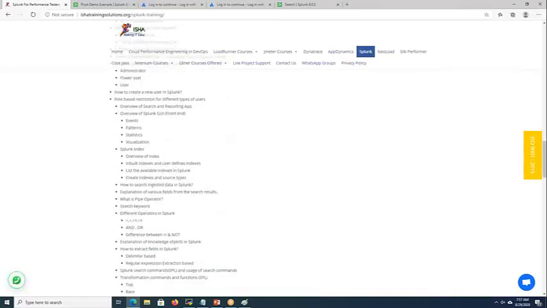I'm mainly looking for the technical part: how Splunk collects the logs from different data sources, how Splunk manages different queries, and how we create different dashboards which help the business. I'm looking for that kind of session going on.